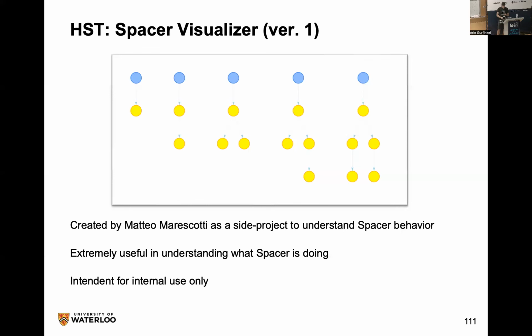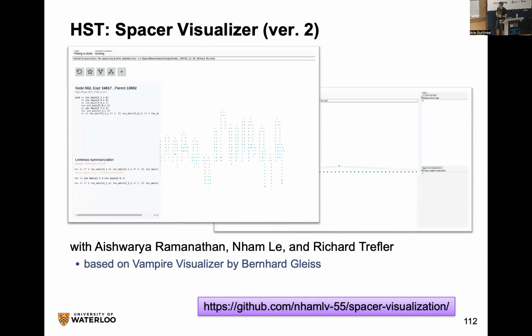And then after we've done this, Bernard Gliss was visiting me, and he saw that visualizer, and he said, oh, this would be really cool for Vampire. And he made one for Vampire. Then we saw what he did, and we said, oh, this is so much fancier. There's web servers, and it's all interactive. We want to do this thing, but for Spacer. So we took all of his shell, removed all of the Vampire stuff, put the Spacer stuff in, and now